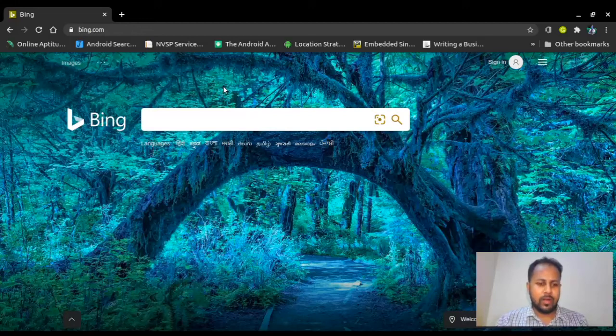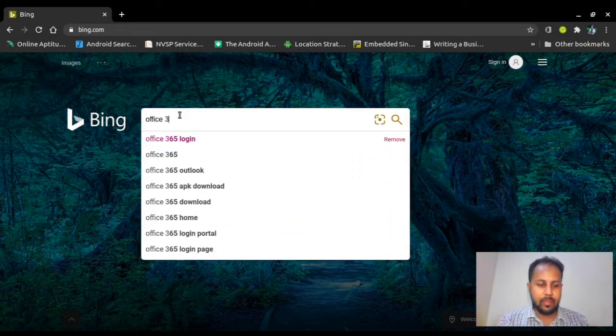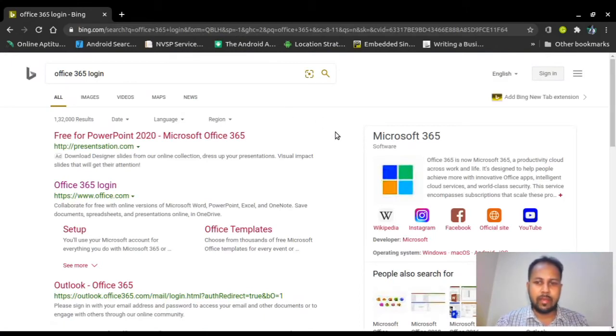Hello everyone. Today I'm going to show you a very important feature recently released by Microsoft, that is nothing but Office 365. With Office 365, you can use your full-featured Microsoft Office, like Microsoft Word, PowerPoint, and all those applications online in your browser without having to install them, and it works mainly from your cloud storage, that is nothing but OneDrive. So I'll show you all the features and how to use it one by one, step by step.